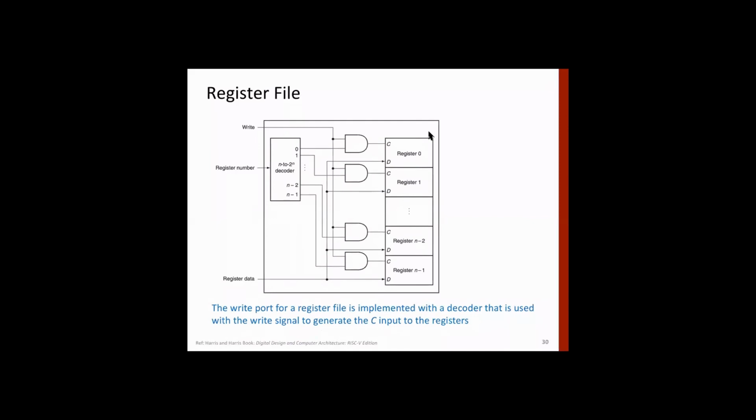Okay, this is for the writing. We have which register we are writing, so there will be a decoder here, and then data will come here. The data is actually available to all registers, but based on the decoder output, only one of the registers gets enabled. For example, if it is 0, 0, 0, 0, 0, it will go into register 0. All right. Any question?